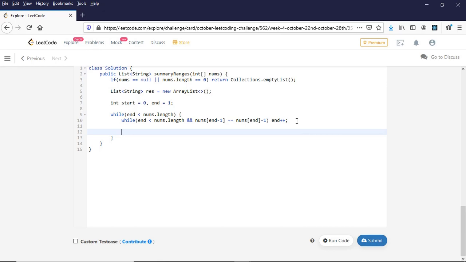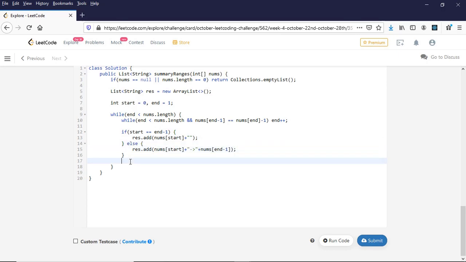So once it comes out of that loop, I can directly check if my start equal to end minus 1. If that is the case, in that case only one element was present in that range. So I can add only the one element, which is nums of start, else I can add the range.